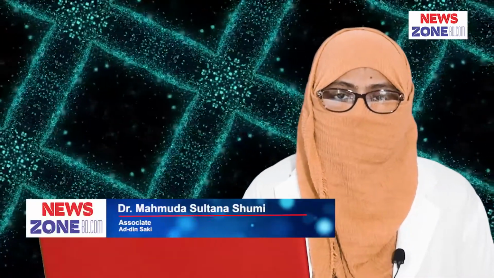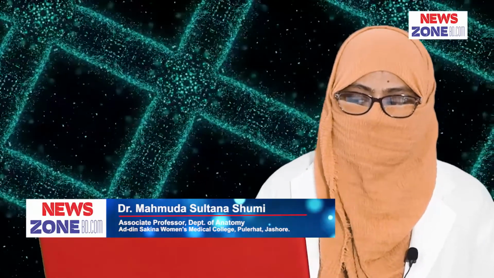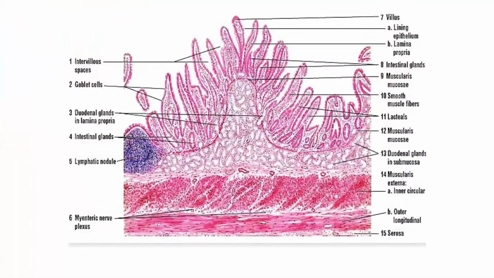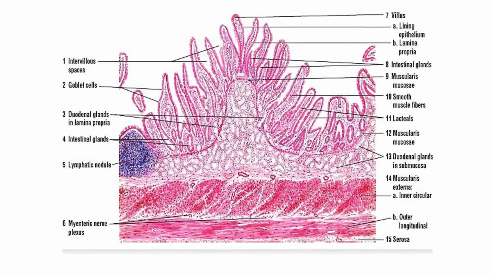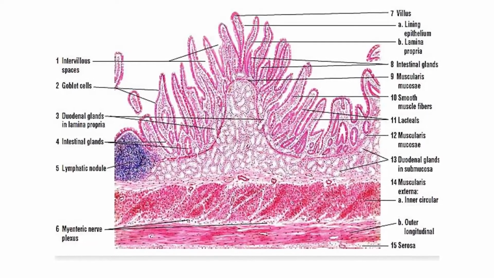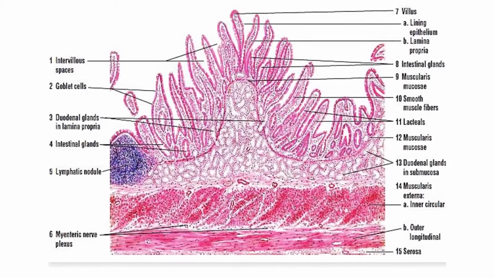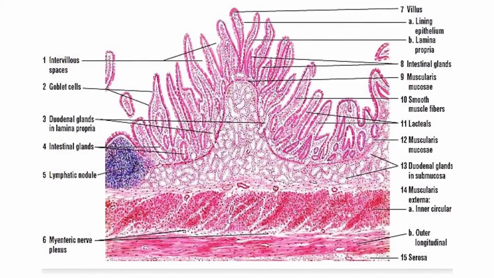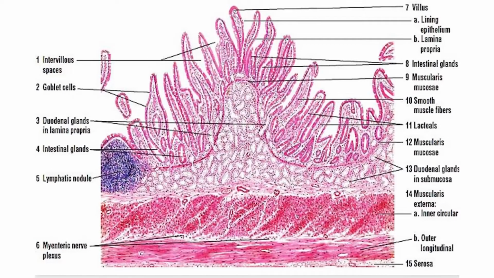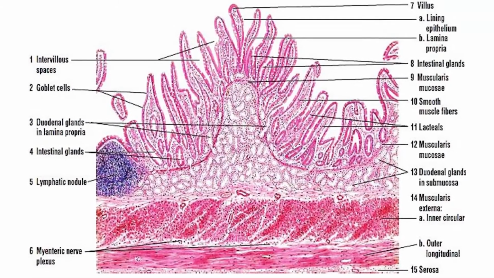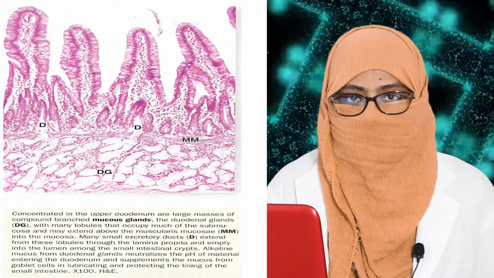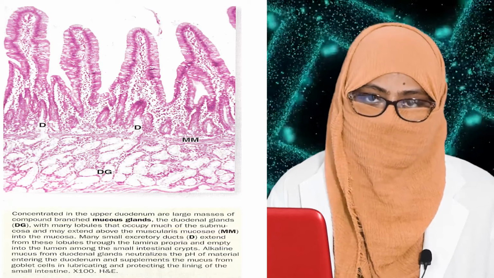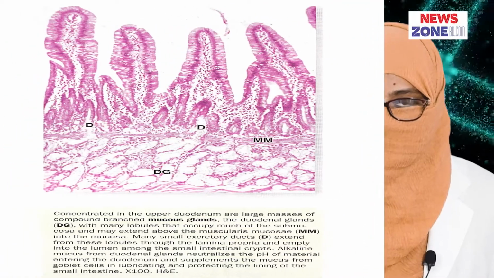Dear student, today I am discussing the anatomical or histological points of the different parts of the small intestine. At first, the first part of the small intestine, the duodenum. It consists of 4 coats from outside to inside: serosa, muscular coat, submucosa and mucosa. Then the mucosa is lined by simple columnar epithelium with leaf-like villi and brush border. Then the submucosa consists of the duodenal gland, that means Brunner's gland, and the muscular layer consists of smooth muscle arranged in an outer longitudinal layer and inner circular layer.